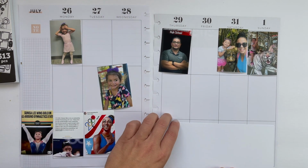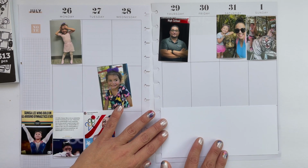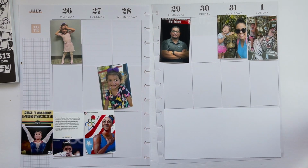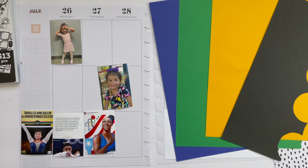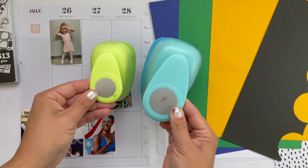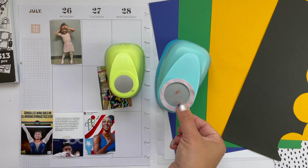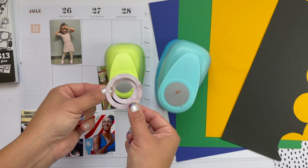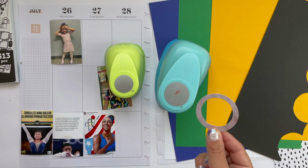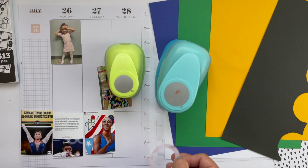Simone Biles. And so I have the idea that I'm blocking out this section here, that's why I already have this cut. And I'm going to be making some Olympic rings with some regular cardstock. And what I'm doing is using my hole punch collection. So I cut out the 2-inch one from here, and then the 1.5 inch I punched out of that. So that's going to get me my rings. So they're going to be a little wonky, but I figured that's okay because I'll put it on this side